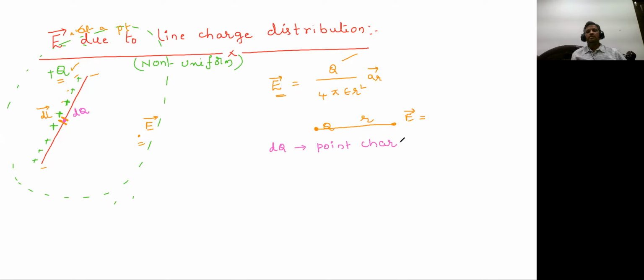I can call that a point charge. Now, due to this point charge, I am able to get the electric field intensity, which is Q by 4 pi epsilon R square aR vector. Now the point is, because this is a point charge dq, and due to this,